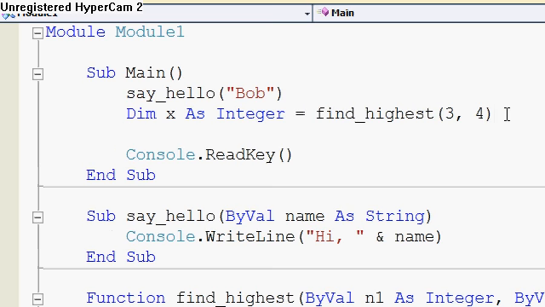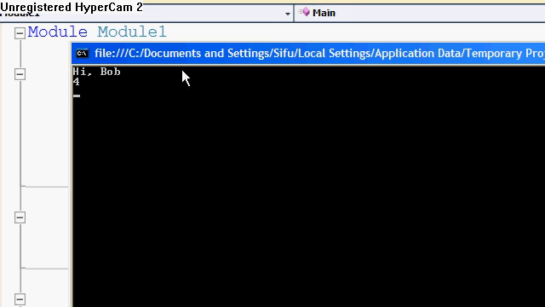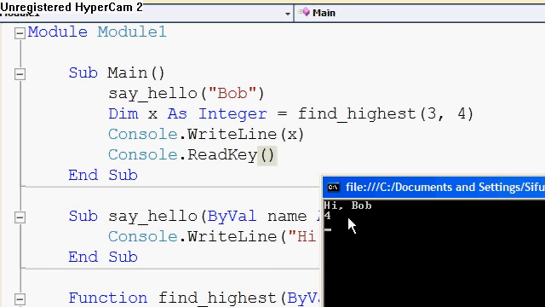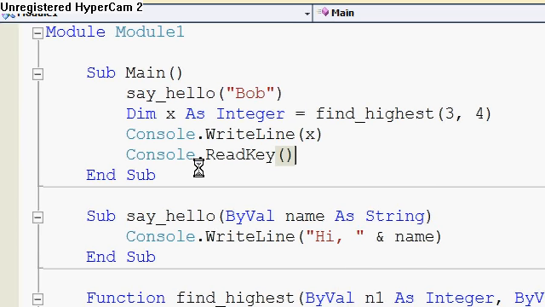and let's Console.WriteLine whatever x is. We expect that to be 4 if our function find highest is working how it is. So let's go ahead and debug this, and we get 4. Hi Bob, and then 4. So those are parameters and how we use them, and these are going to really enhance what your subs and